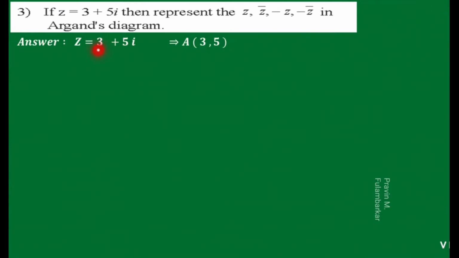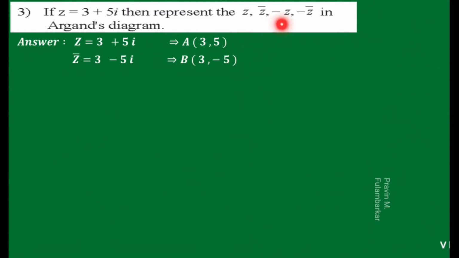So first we write the values from the given value. Given number is z equals 3 plus 5i, which is a complex number. So we write in ordered pair as (3, 5). So this is the first point. Now we write the second point, that is the conjugate of this z. We change the sign of the imaginary part. So the imaginary part is plus 5i. So we write here conjugate of z as 3 minus 5i. So from this conjugate we write the ordered pair, that is (3, -5). So we first represent z as point A, and this conjugate z bar as B.